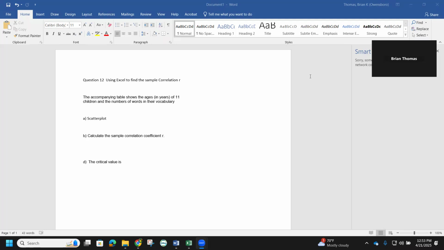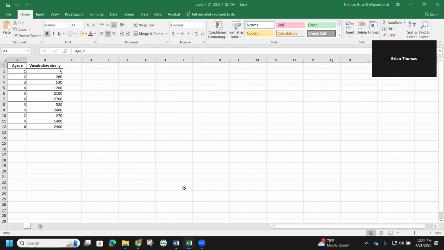Some things I want to do: I want to do the scatter plot, calculate the sample correlation coefficient R using Excel, and also compare R with the critical value that we get from our table. So I'm going to do these three things. I'm going to go to the Excel spreadsheet. I've exported question 12 out to the Excel spreadsheet. Actually, I downloaded it onto